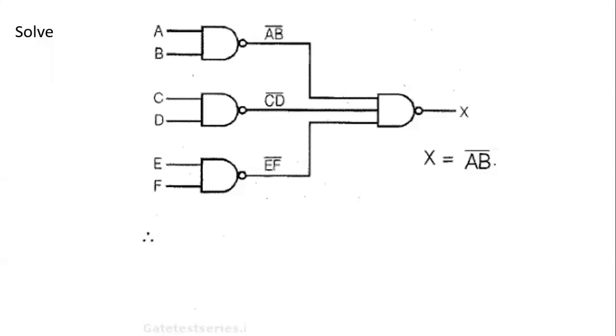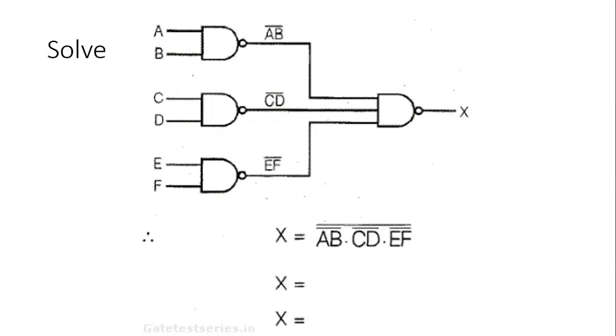Now here, if you look, when AB comes here, it becomes AB, the product from the AND gate. The NOT gate makes it AB bar. In the same way you will do it with CD, CD bar, EF, EF bar. Now all these 3 inputs are going to the NAND gate. That makes it AB bar into CD bar into EF bar, and since there is a complement sign placed here, it comes as AB bar dot CD bar dot EF bar, whole bar. Now we will use De Morgan's theorem.